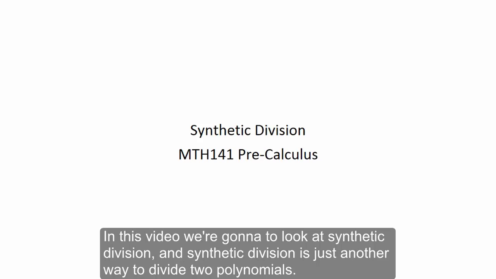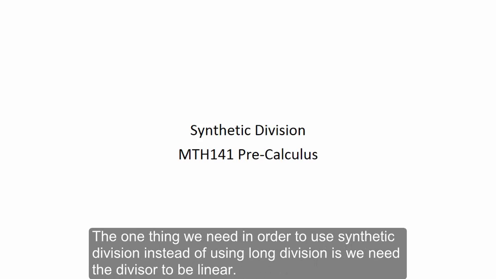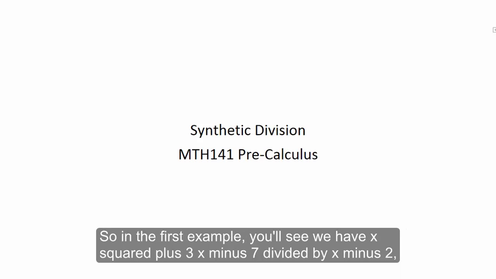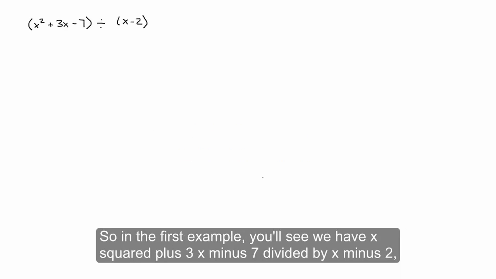In this video, we're going to look at synthetic division. And synthetic division is just another way to divide two polynomials. The one thing we need in order to use synthetic division instead of using long division is we need the divisor to be linear. So in the first example, you'll see we have x squared plus 3x minus 7 divided